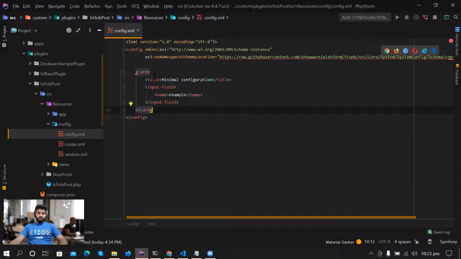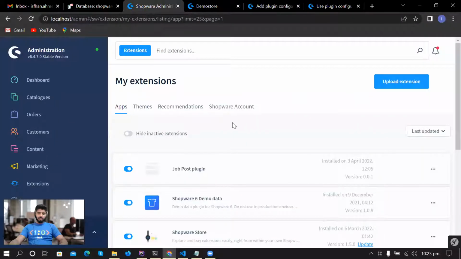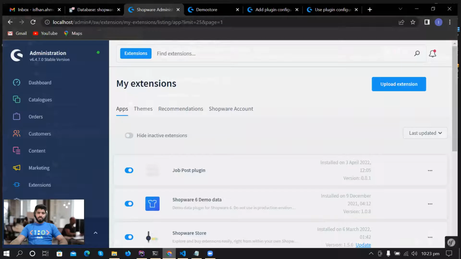And inside our card tag, we have a tag called title. Basically, whatever we type inside the title, we are going to see inside the configuration title, and there is the input field, there is a name. So if we want to get something, we are going to use this. So what I want to do